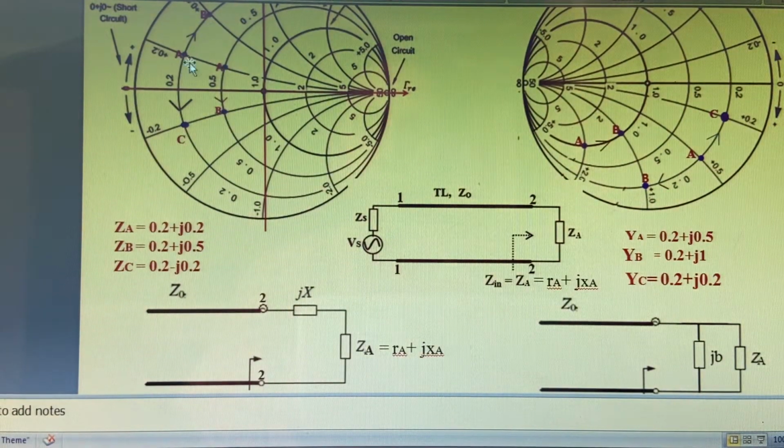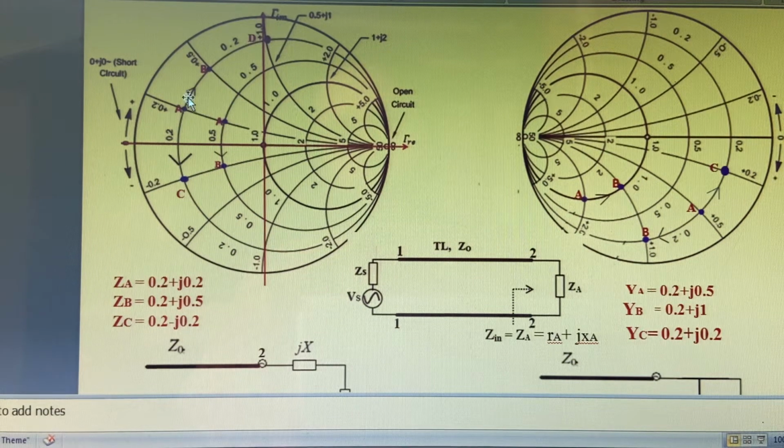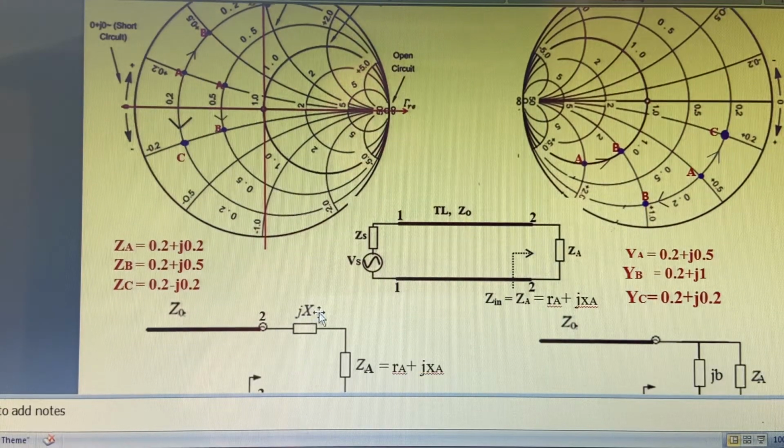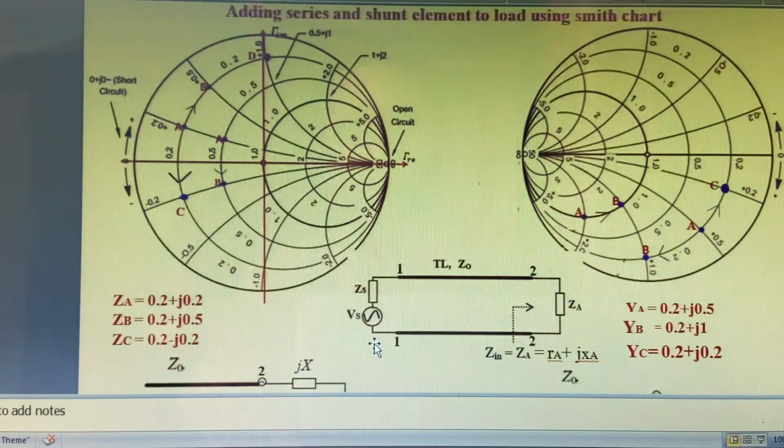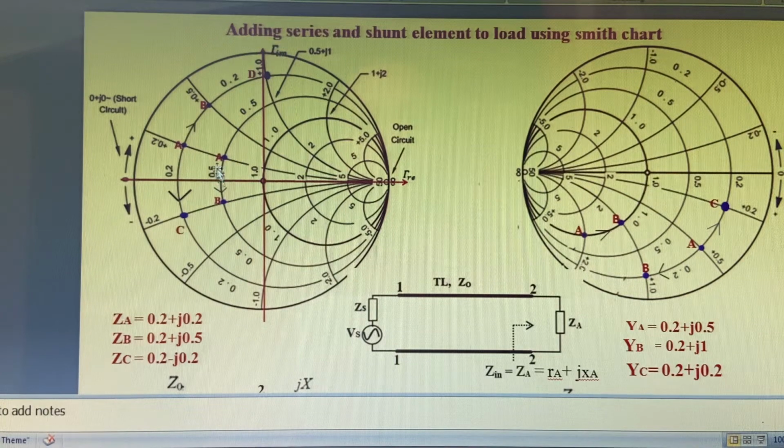Actually, we are reading from the Smith chart here, which is a normalized one. You can get the actual value by multiplying that by the characteristic impedance of the transmission line. So like that, moving over resistance circles, we can find what type of reactive element we are adding, either a capacitor or an inductor, and we can find out the reactance from the Smith chart. From that, we can find the value of the inductor or capacitor added in series with the existing impedance. So this is about moving on the resistance circles present on the ZY chart.